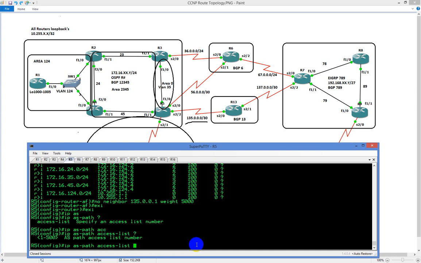If you've never seen a regular expression, it's a programming code that you can use to tell BGP which particular autonomous system to pay attention to. Now, I'm going to keep it very, very basic. I'm going to be saying from a particular autonomous system number, which is going to be 1414. So I'm going to specifically state that anything coming through 789, we want to set the